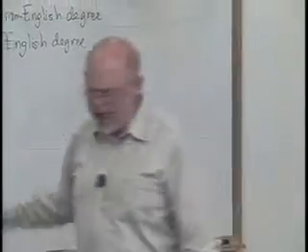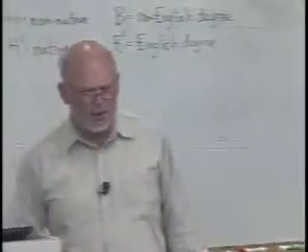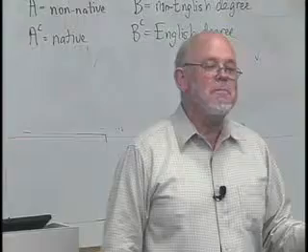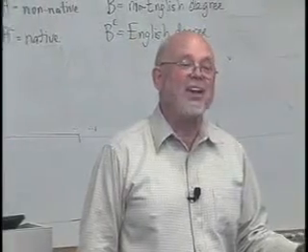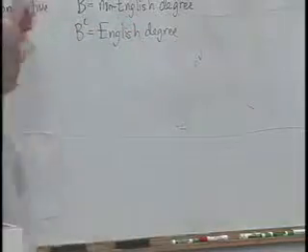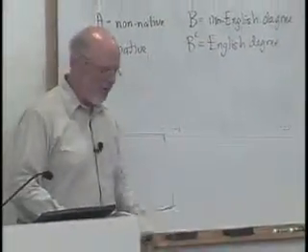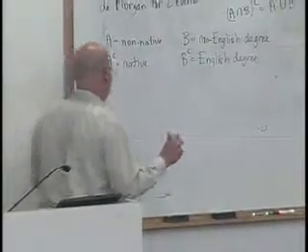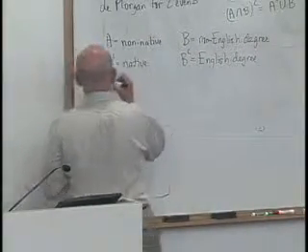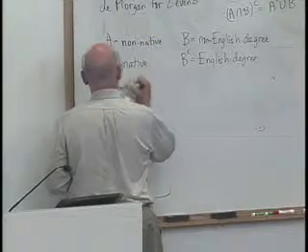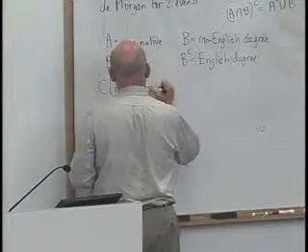Now, this was not stated in probabilistic terms, but we could say the event is we pick a master's applicant at random, and then event A could be the person we pick is a non-native speaker of English. Event B is a non-English degree. And event C, which is must pass the TOEFL,